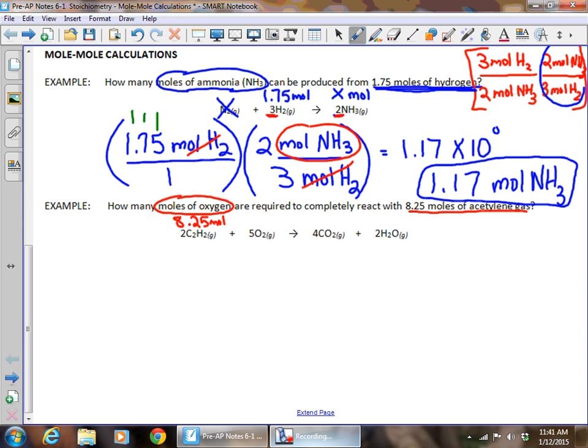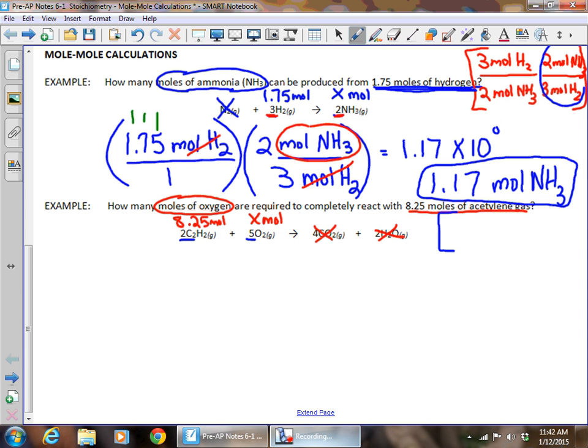Looks like we're looking for moles of oxygen, so that's going to be our X. And we're going to X out anything else that is involved, and we're going to underline our coefficients so that we can use those to make our mole ratio. Now, I really don't have the room at the end of this example problem to put it at the end of the written problem, but as long as it's up here